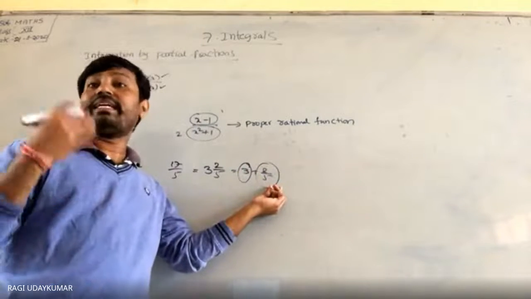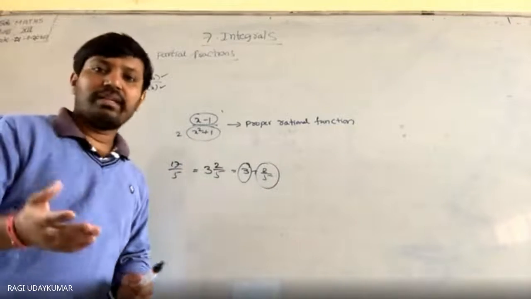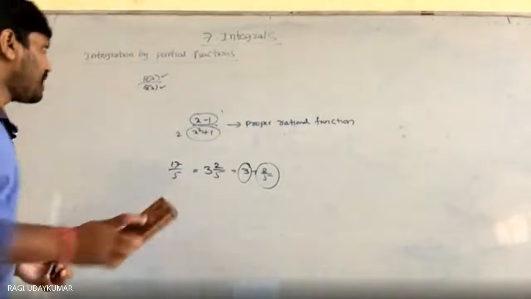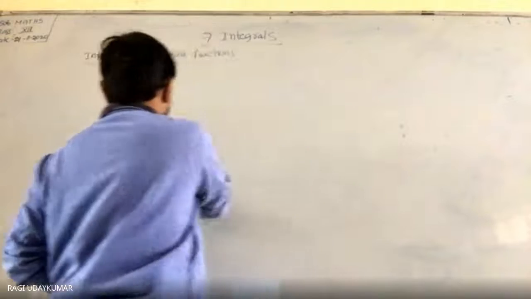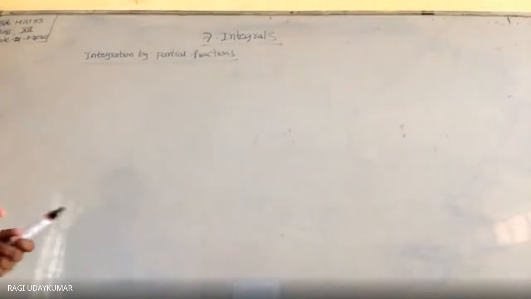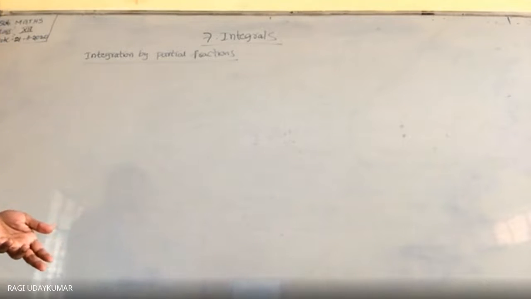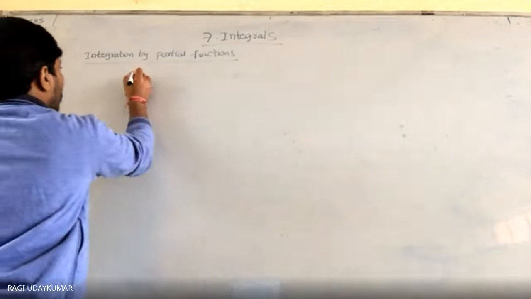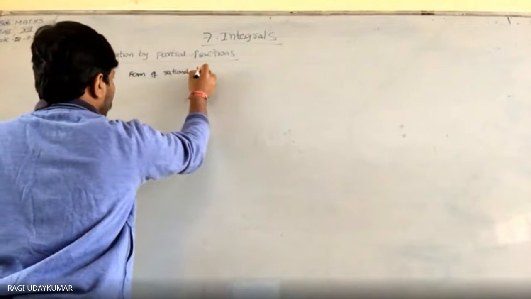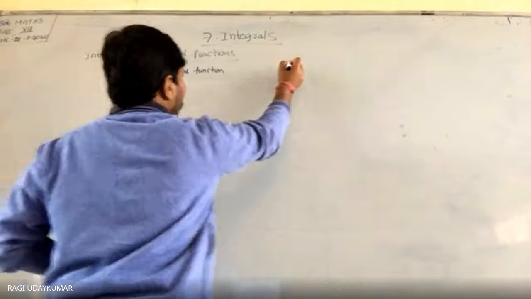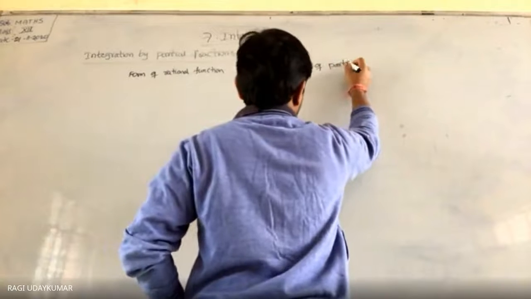And how do we integrate these proper rational functions? Using different methods, that is, the different forms of the functions. Partial fractions, we call them partial fractions. So partial fractions will be different form में क्या-क्या होता है, इसको कैसे split करते हैं. Different forms will be there, 5 different forms will be there. So form of the rational function, form of the partial fraction. Rational function कैसे होता है, and उसको split करते हैं, the form of partial fraction.